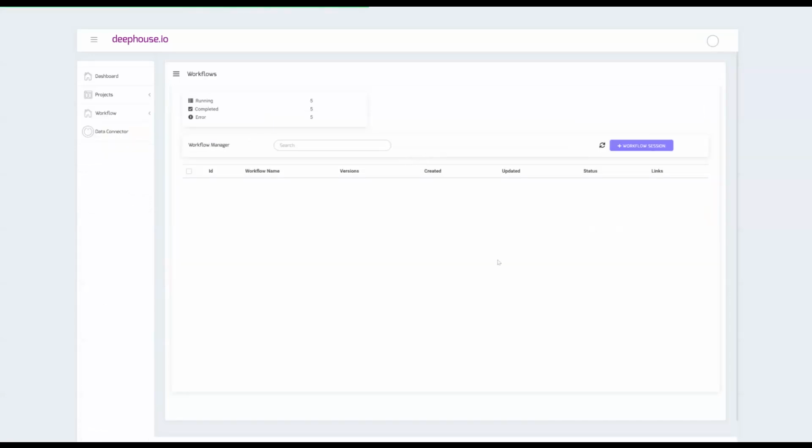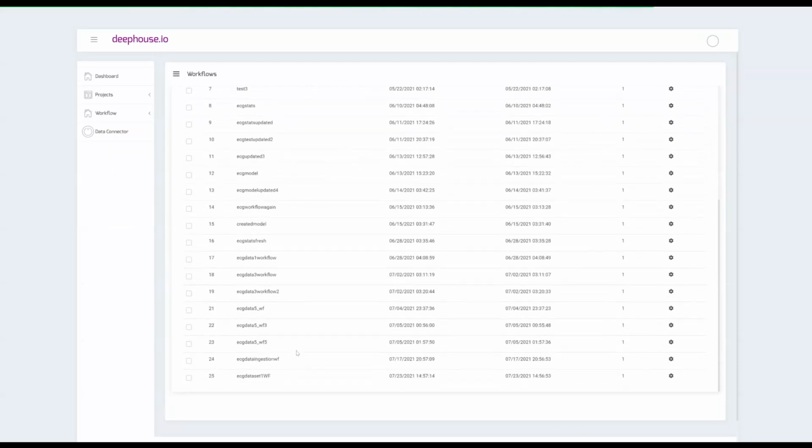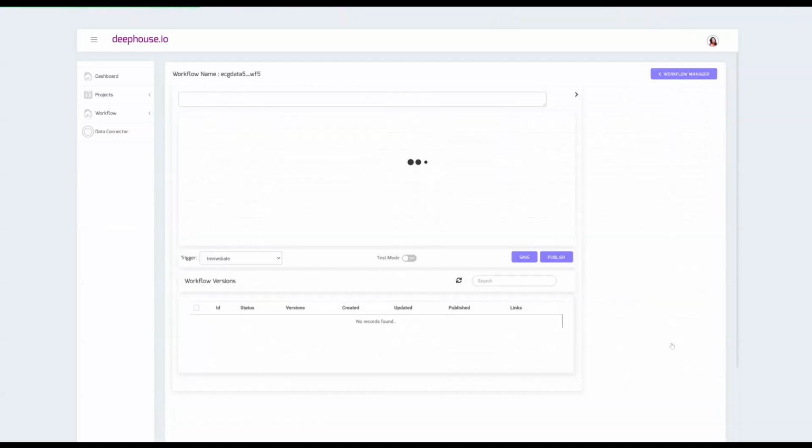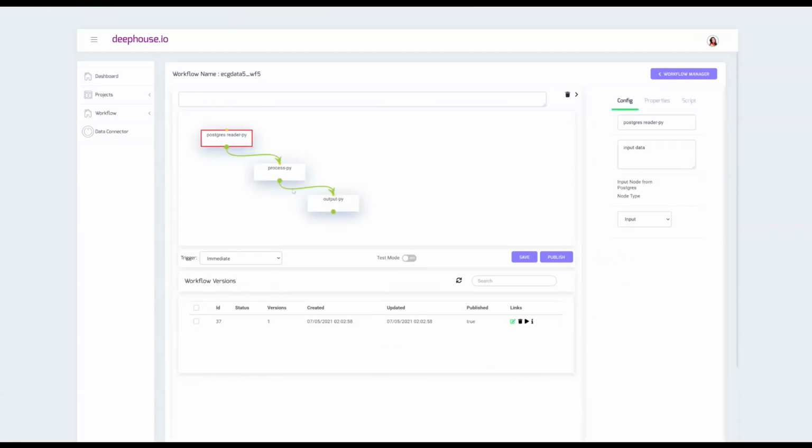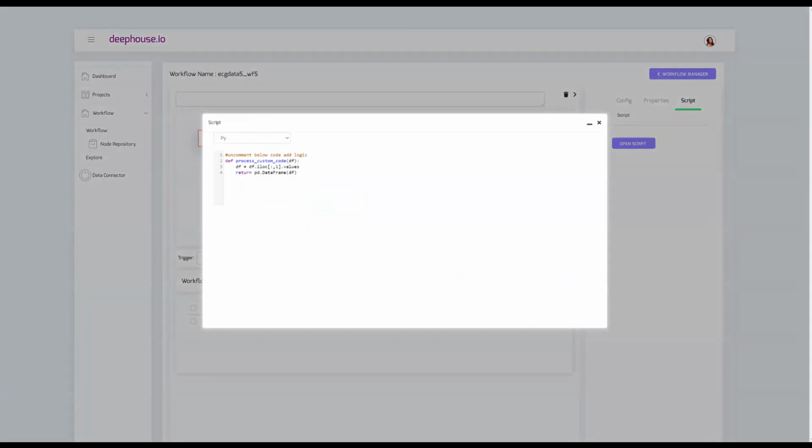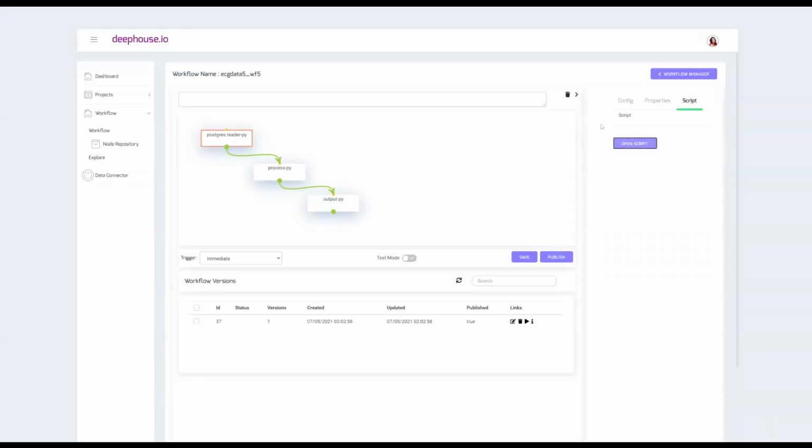And in workflow, pick up the project that we were interested in to demonstrate the stats being generated using the P signal that we saw. It involves designing using a bunch of pre-built components, and in this case, there's a Postgres reader, processing for a Python script, and an output to Postgres as well. So in these nodes, you could add your script under Postgres custom, and with Python, so what is that can be added as well in the operator, or it could be a SQL case.